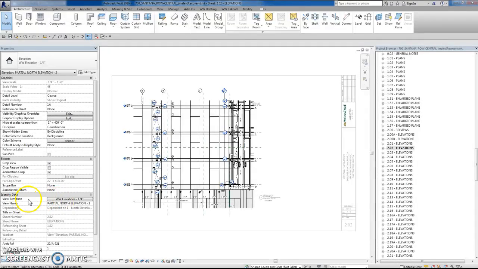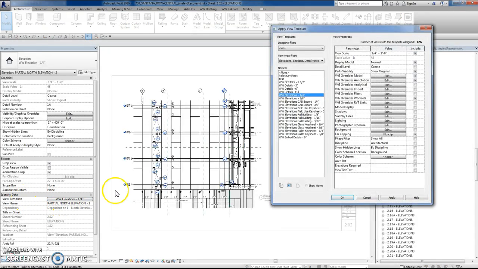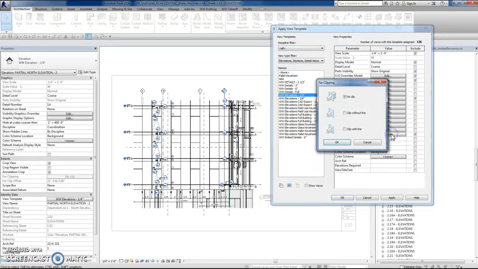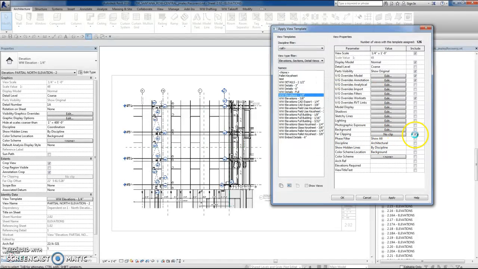So if you click on your view template over here, you can see we're editing WW elevations 1/4 inch view template. So every elevation that has this view template on it, if you go down to far clipping and change this to clip without line, OK, and make sure that this checkbox right here is hit, and then click OK, it